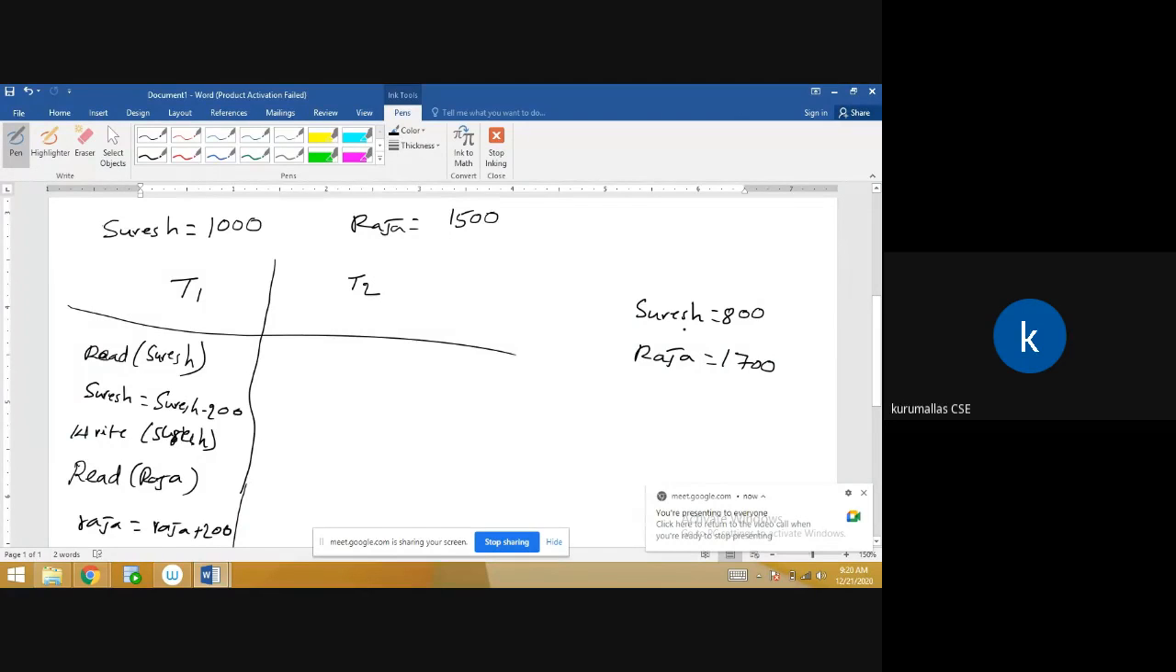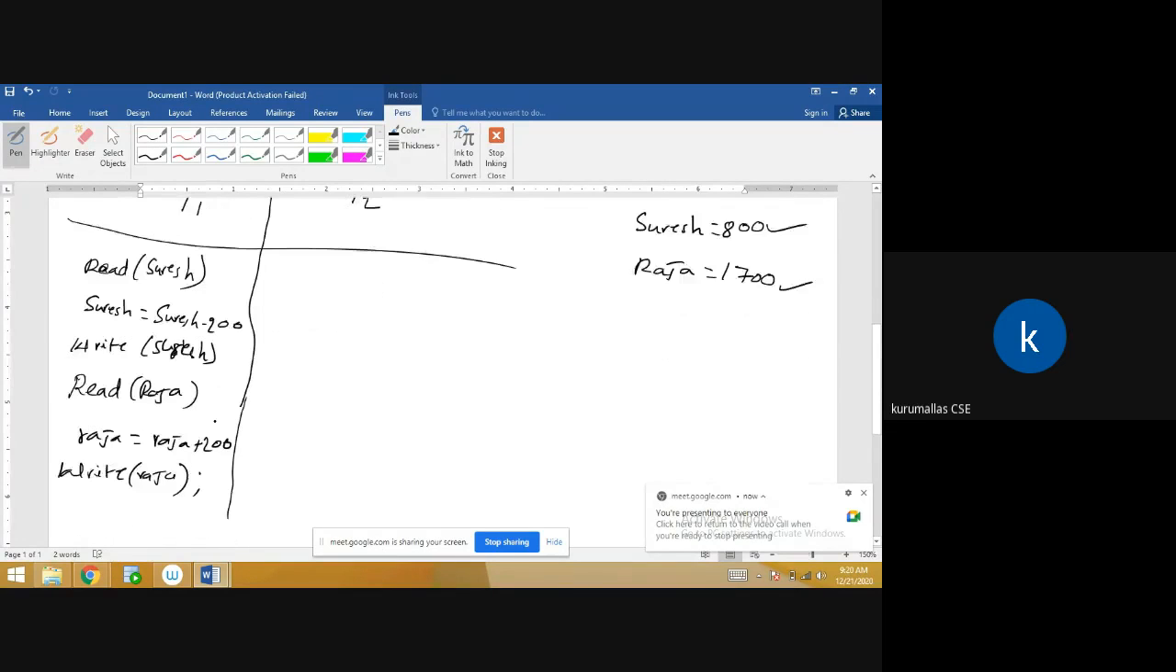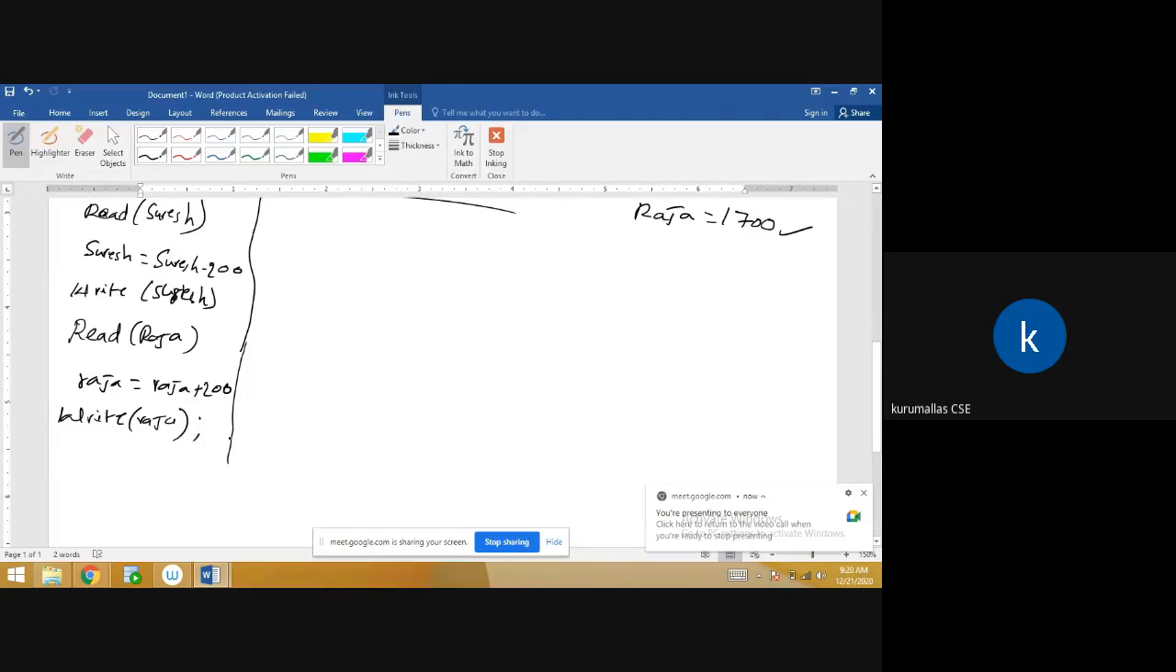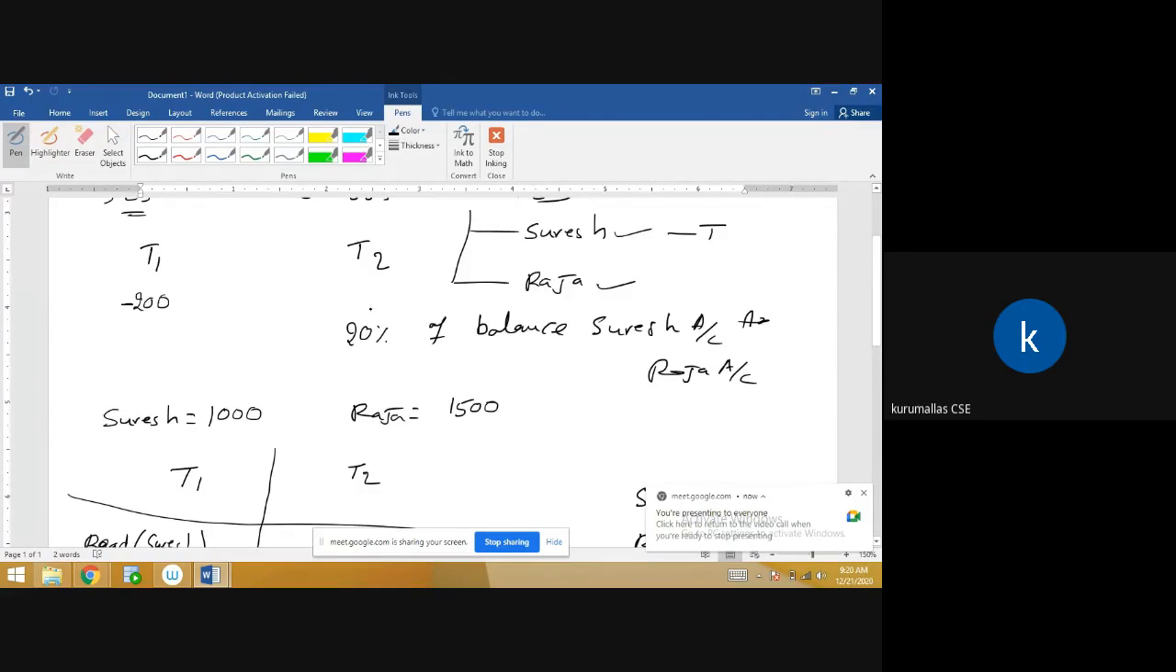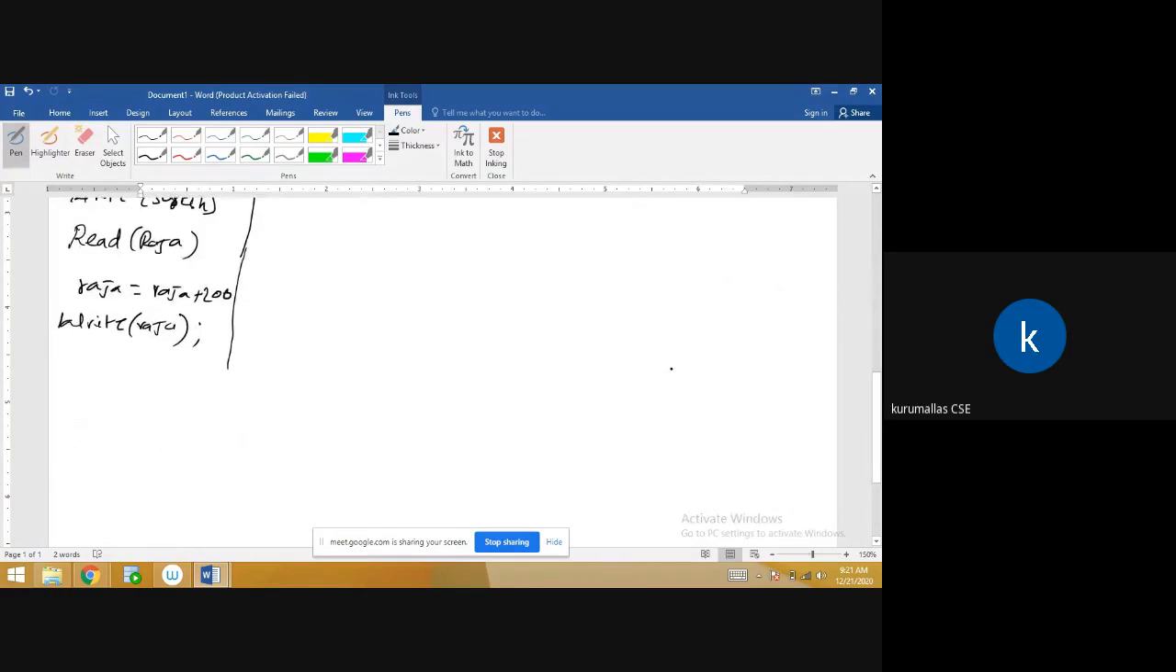Okay, after the T1 transaction, Suresh's account is 800 and Raja's account is 1700, right? Now we are doing the T2 transaction. The T2 transaction transfers 20 percent of the balance from Suresh's account to Raja's account. What we are doing here is, after this T1 transaction,